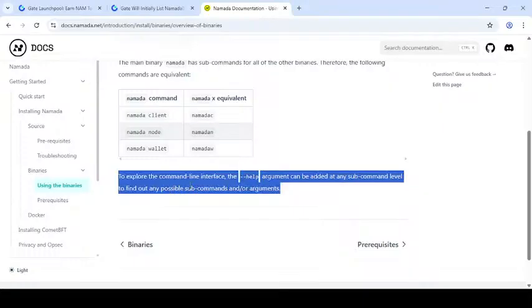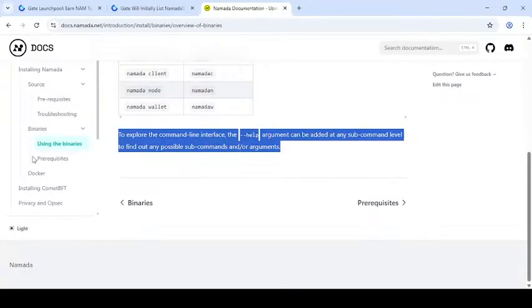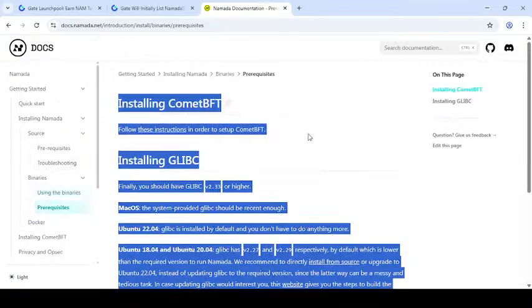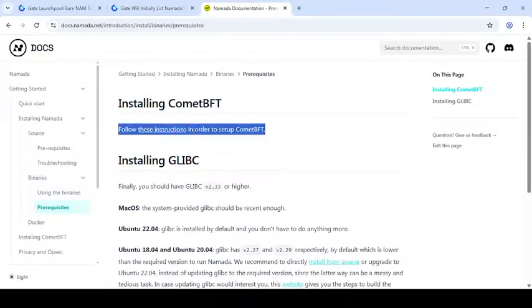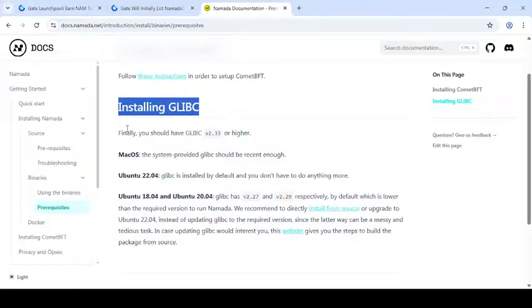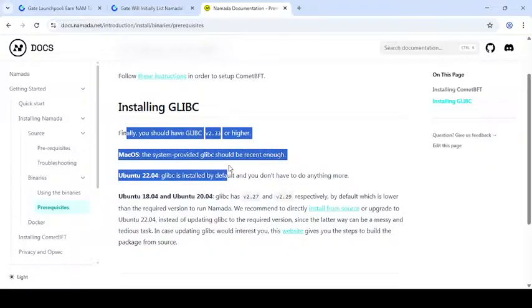Do explains commands and expressions and in help for most, and by commands levels for most level in find out for sub commanded operations the farm installing compete the follow the in order compete in installing DL base finally should gives a B233 on higher by macos the system can provide the glyphs should you recent enough the imperfections the glyph installed by difficulty why do not anything smooth the